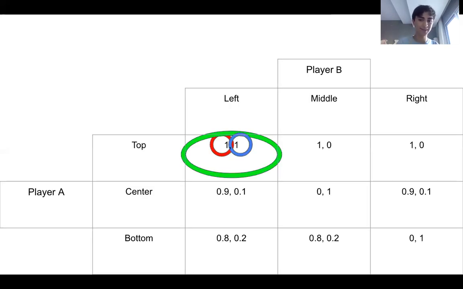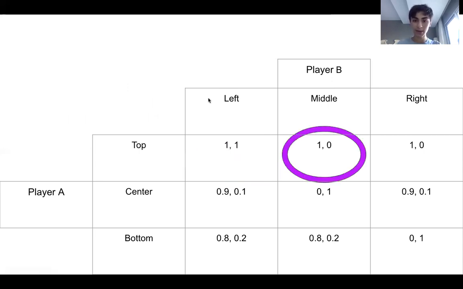So just take my word for it. In this case, this is the Nash equilibrium. Player A goes top, player B goes left. We'll demonstrate how to find that out later in a variety of different ways. But let's examine what happens if one player decides to change. Suppose now player B, instead of going left, decides to go middle. Well, player A would still rather stay in top, right? Because no matter where player B goes,